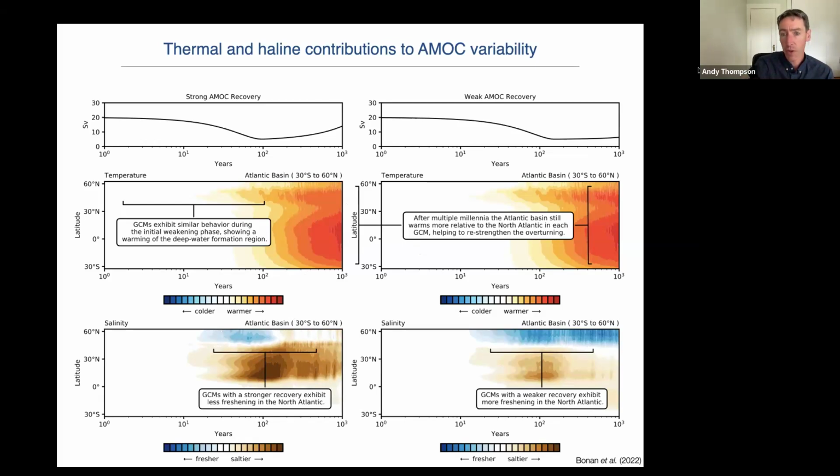Whereas in those models that have a weak response, you have a much stronger perturbation in the freshwater flux in the high latitudes, and it takes a much longer time to erode that freshwater anomaly, largely through advection of salty waters from the lower latitudes in the Atlantic. So one of the takeaway messages from the study was that, although these models might be doing something very similar for the ocean, its coupling to other components of the climate system, in this case sea ice, has a really big impact on both the degree of AMOC weakening and also the timescale over which it recovers.